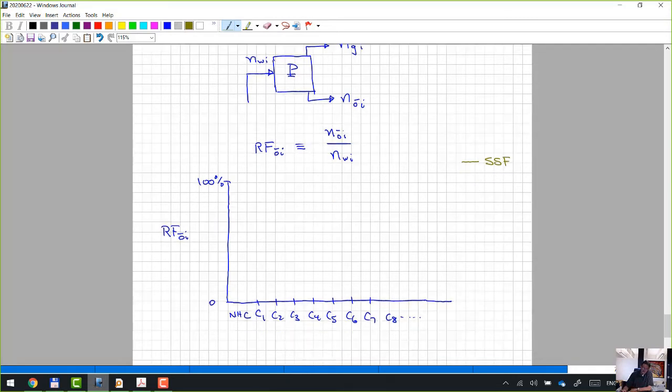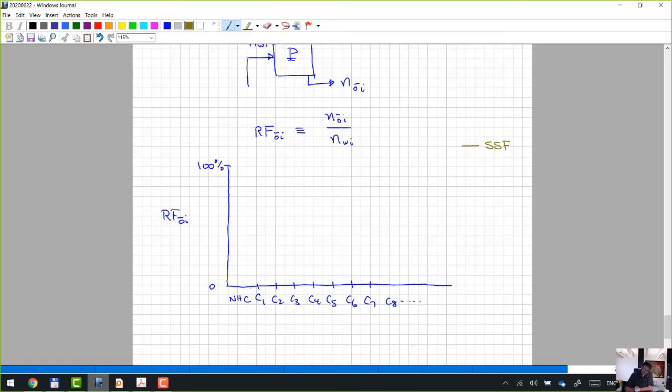Okay, so that's a very inefficient process because you get a lot of these light heavy components that are